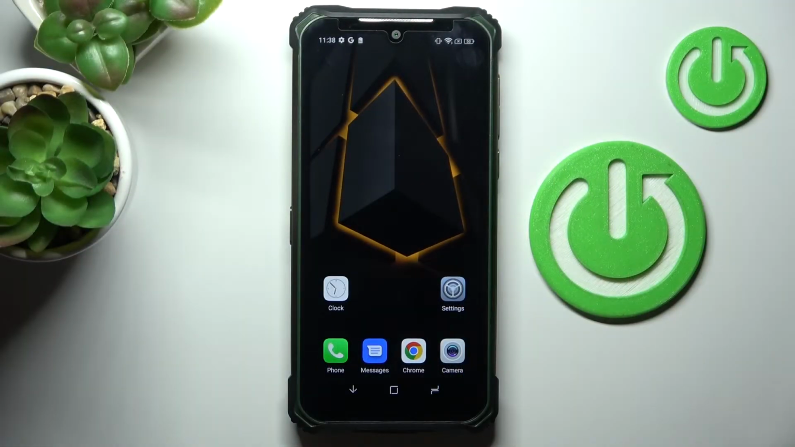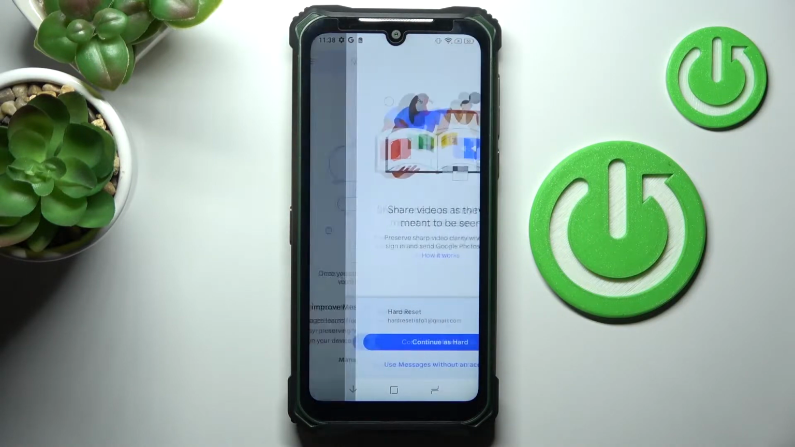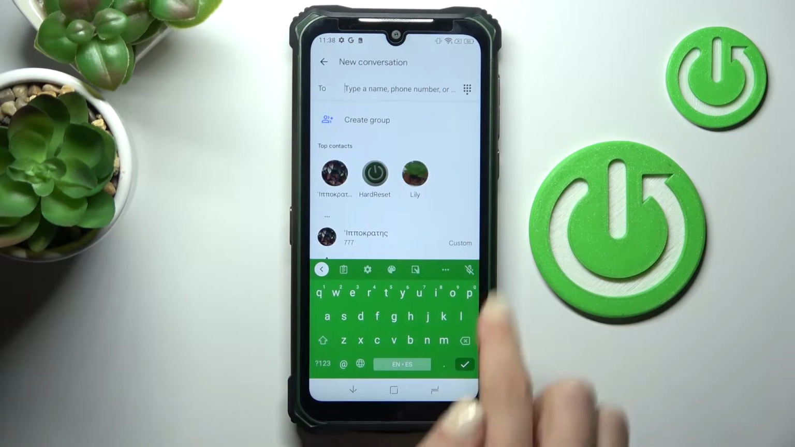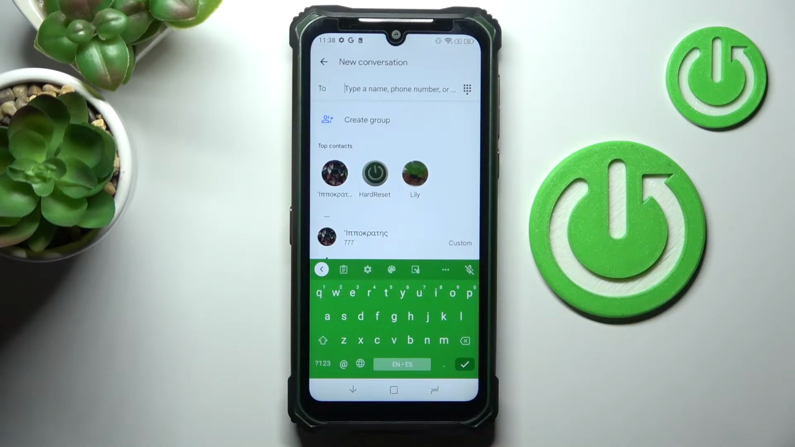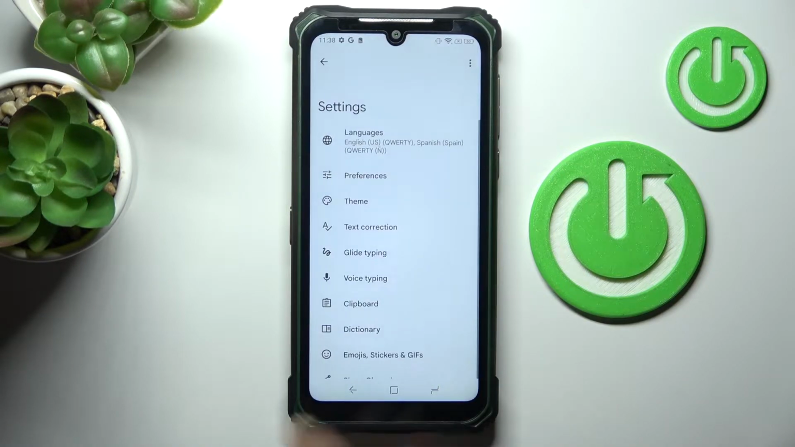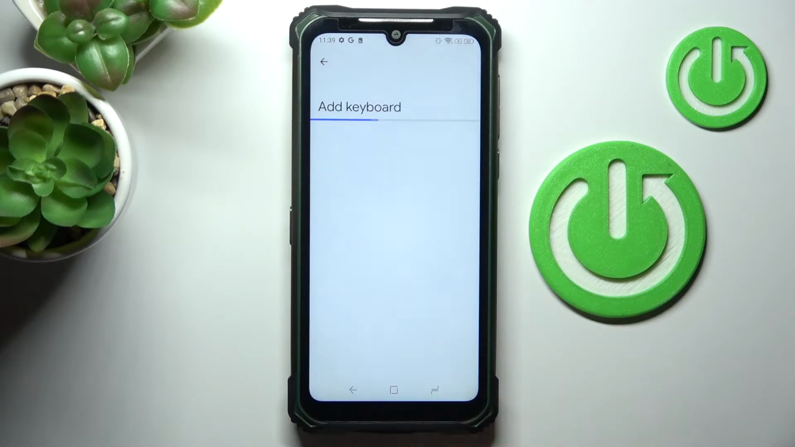In front of me is the DOOGEE S86 Pro, and let me show you how to change keyboard language on this phone. So first of all, open Messages or any other area where you can input some text. So let me open a new message, and as you can see, here we've got our current keyboard. And now just tap on Settings icon. Go to Languages, Add Keyboard,